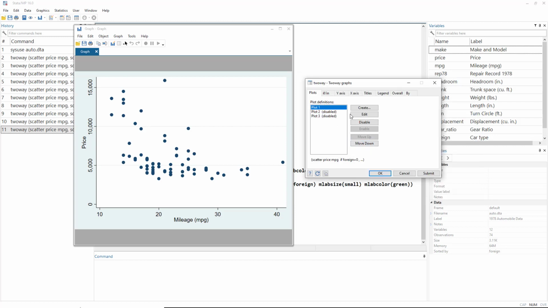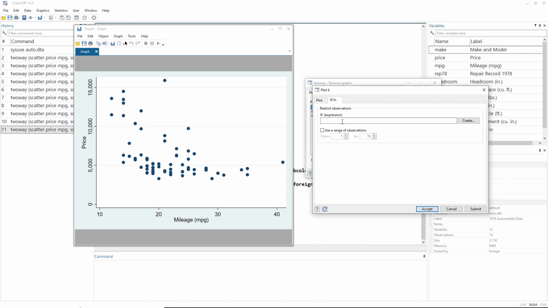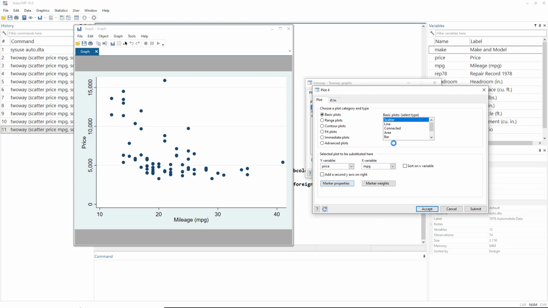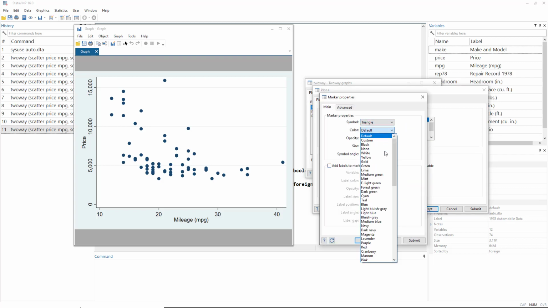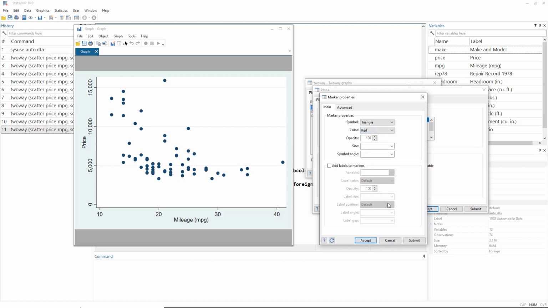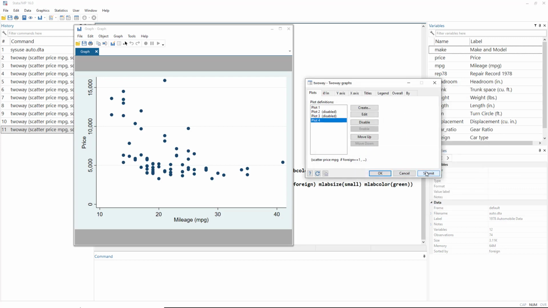Let's accept this, and now I'm going to create another plot. This time again it would be scatter plot, price and MPG, but this time instead of foreign being equal to 0, I would select the another category which is foreign equal to 1, that means those are foreign cars. And let's change it to triangle and have a red color of these triangles. So when I hit the accept and submit button,